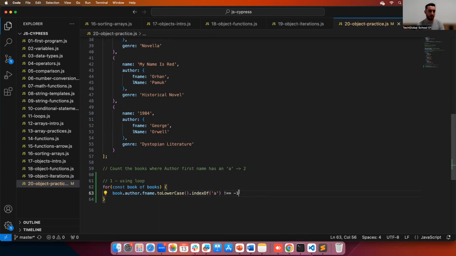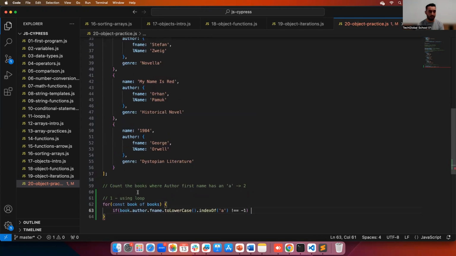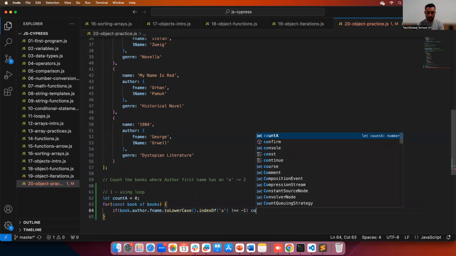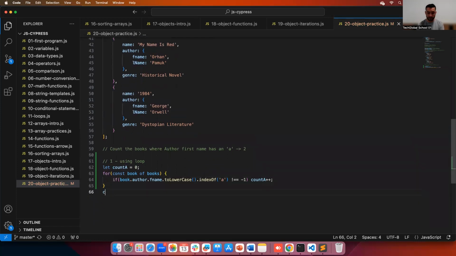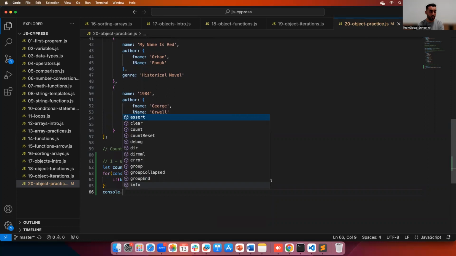Just like includes. If you use includes, it is also okay, but I just want to remind you this one too. If you see it, don't be surprised. So what I want to do, I want to put this in an if. If this, I want to maybe create a counter and increase it. Let countA equals 0, and we'll do countA plus plus. And after my loop is done, I can console log